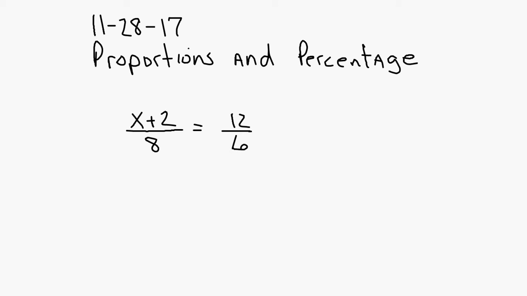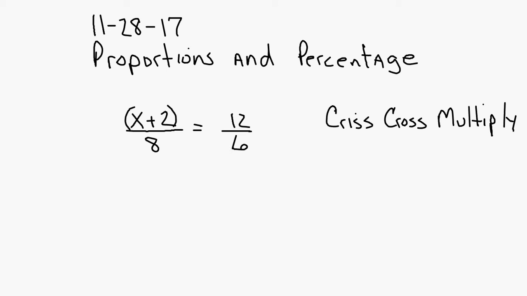Some of you had questions on this problem yesterday. When you see a proportion, the first step is to crisscross multiply. But in this case, you have a binomial in the numerator. So when you crisscross multiply, you've got 6 times